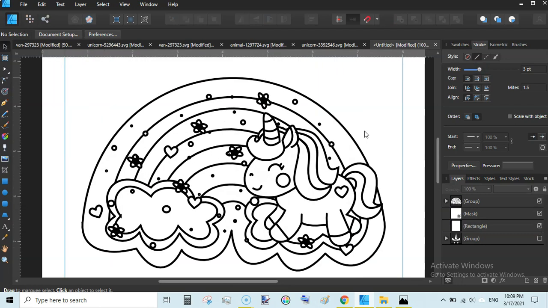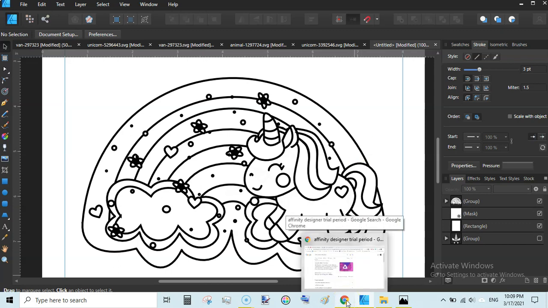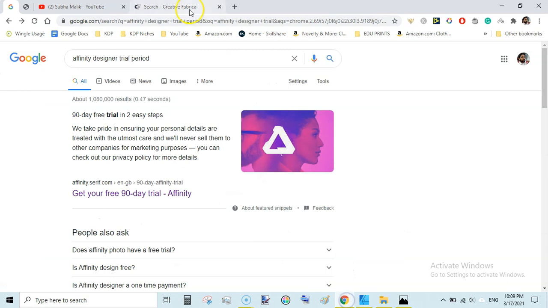And you can see this is a perfectly done coloring page in Affinity Designer, and this only works with SVGs, not with PNGs.